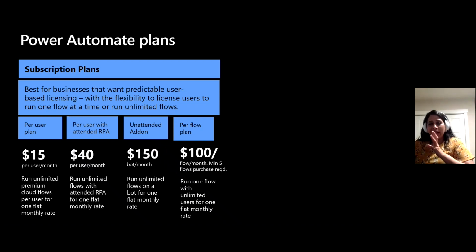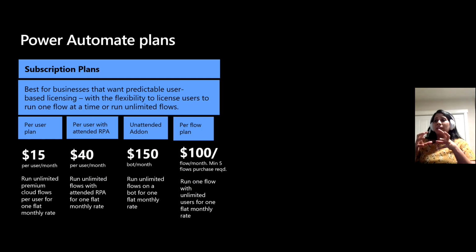On top of it, you also need an add-on for running an RPA flow in unattended fashion. So what is unattended? Unattended bots typically perform batch operations that do not require human intervention. In attended RPA, you have to be logged in, but for unattended RPA, you don't need to be logged in. So you can have a batch of new client information coming in, let's say in a spreadsheet, and an unattended RPA bot executes the task, interacts with the applications without any human interaction, and uploads the data into multiple systems. So that's when you would use an unattended add-on.